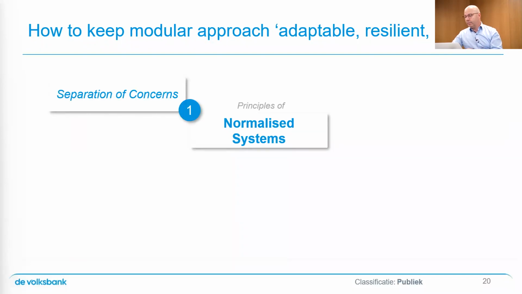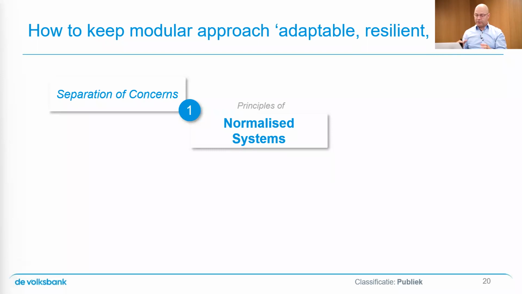We'll deal with them very briefly. Separation of concerns is the first one. Again, a reason for a lot of debate, but let's keep it simple for today: things that change together, put them together in the same block of functionality. If they're different or considered another one's problem, then really make sure that they're not your problem anymore. By the way, normalized systems is about reducing the number of change drivers. If I had a piece of business functionality that would cater for other people's concerns, that means that if they need changes, I need to make changes. And that's something we want to prevent.